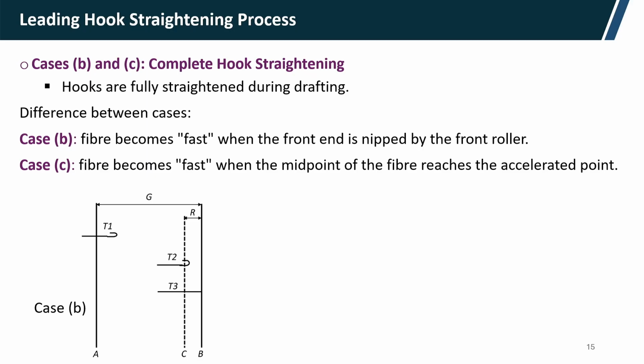Now, case C, what is that? Fibers become fast when the midpoint of the fibers reaches the accelerating point. That means the whole fiber is moving at the speed of the front roller before the midpoint reaches the accelerating point. So that is why the fiber moves at the front roller speed after the leading end is gripped by the front roller, but case C is that